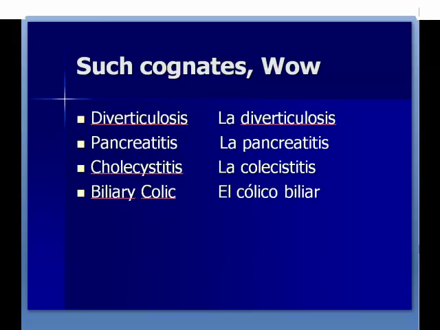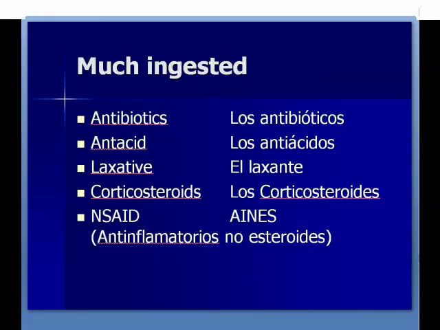Cholecystitis, la cholecystitis. Biliary colic, el cólico biliar. Proving once again that if you just put an accent onto all your English vocabulary, you might get through to your patients. So to go over possible things that they could have ingested to either help or harm themselves: